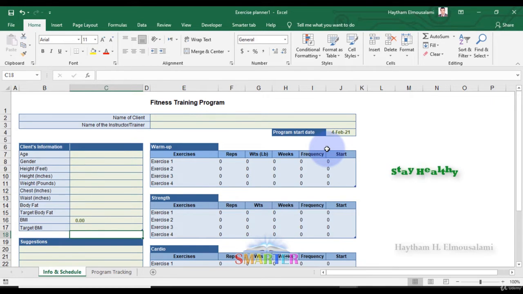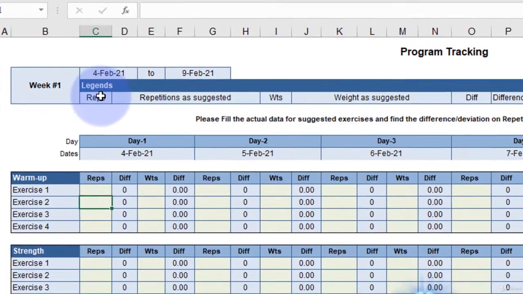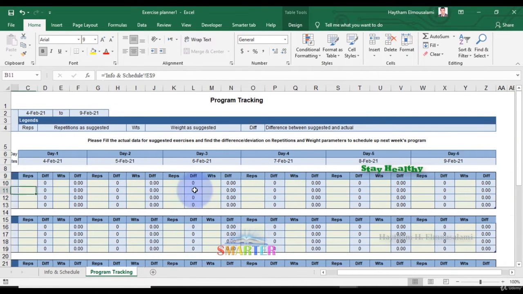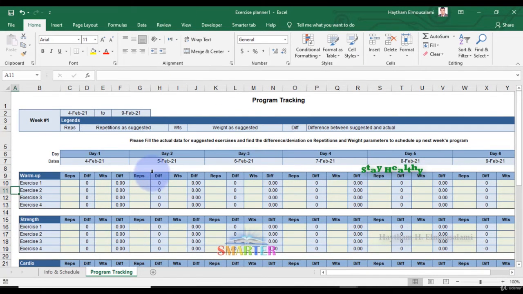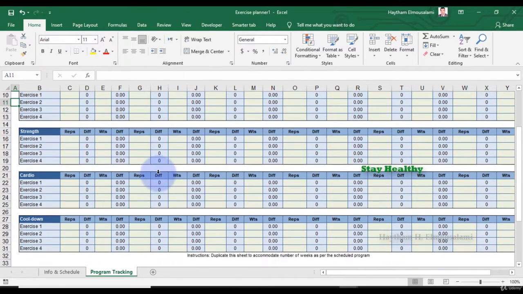Accordingly, in the second sheet, program tracking, you have repetitions as suggested, weight as suggested, and the difference between suggested and actual. Okay, and here is a 6-day program,